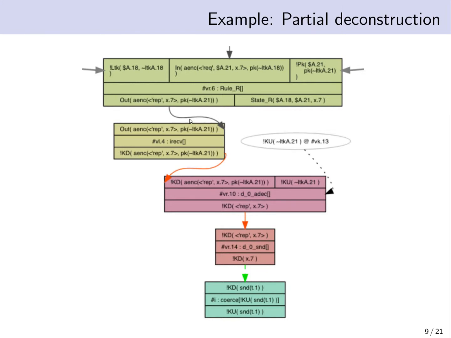Let's go back to our toy example. Here's a partial deconstruction that Tamarin encounters on this model. In Tamarin, executions are represented using graphs, where each node of the graph is an instance of one of the rules of our model. For example, here at the top we have an instance of our responder rule,